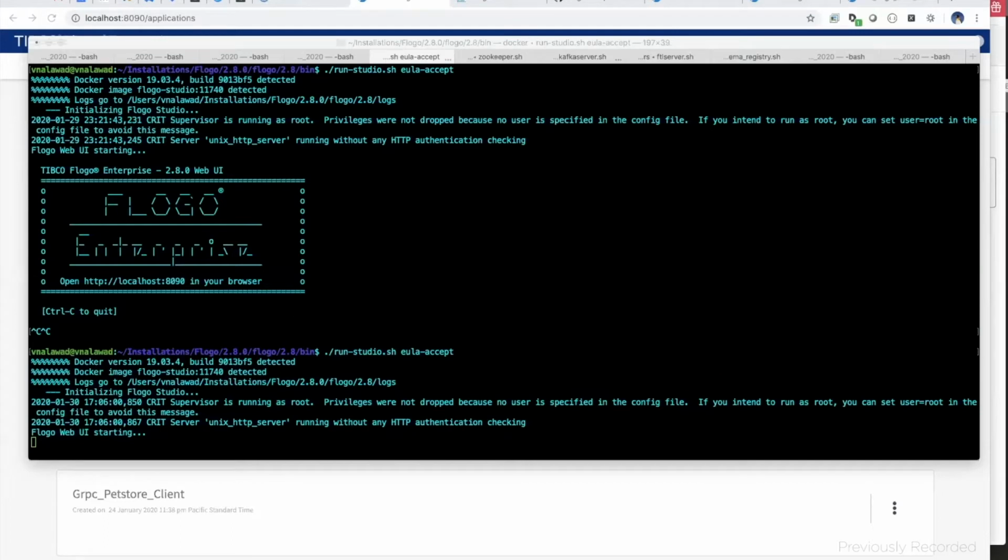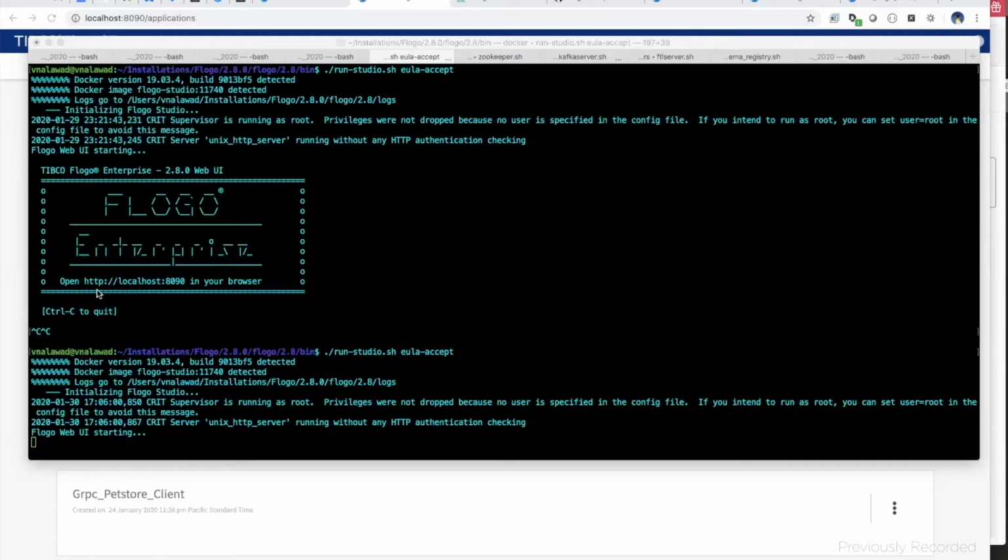As Rishi said, we added a couple of new and very important features to Flogo Enterprise 2.8 as part of the release. I'm going to demonstrate three use cases. In one use case, I'm going to connect to the local Avro schema registry, which is running locally on my machine. I'm going to browse through the set of subjects. Actually, I have only one subject, or schema, in that schema registry. And I should be able to use that schema in both the Kafka trigger as well as in the Kafka publisher, the producer. And I'm going to run that.